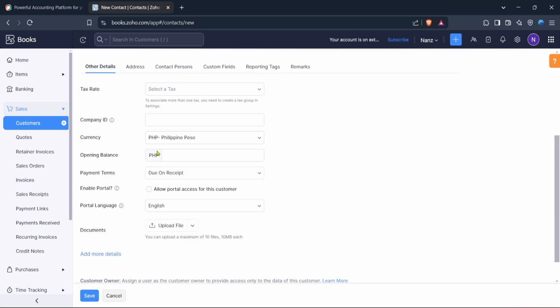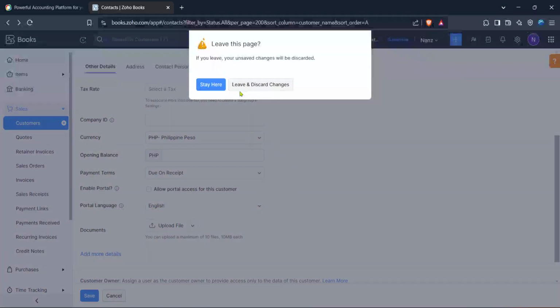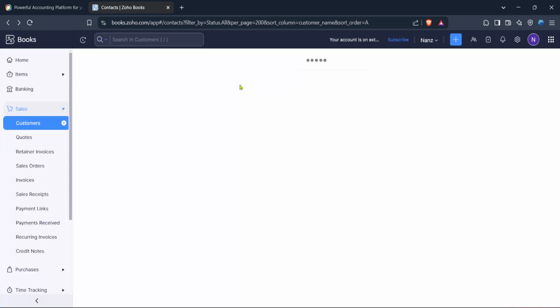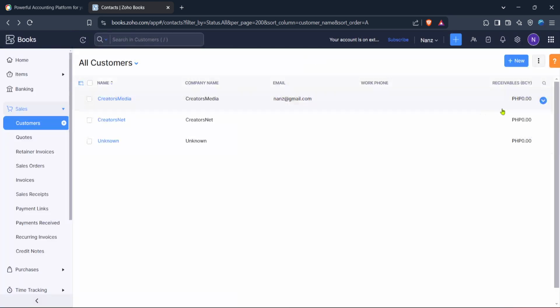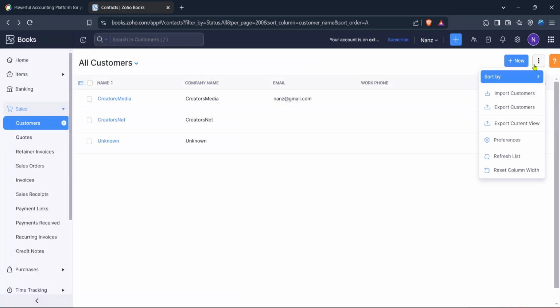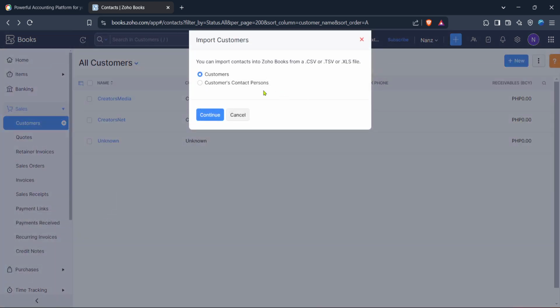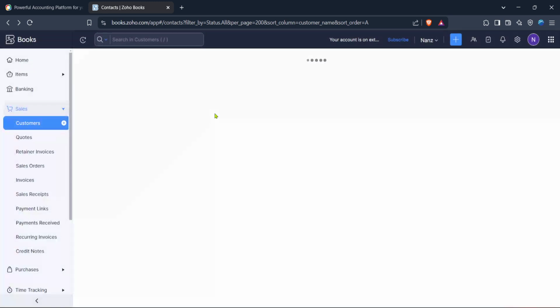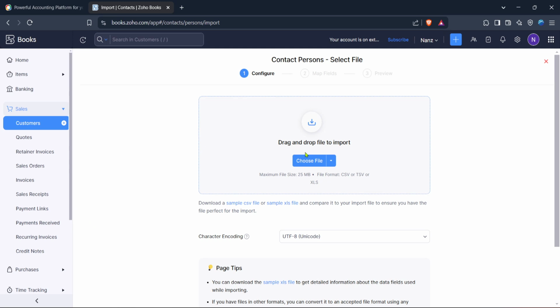In the next step, look for an icon with 3 dots. This is typically a More Options icon and is often found near the top right of your current window. Click on it and a drop-down menu will appear containing several options. One of these options will be Import Customers. Select this as it allows you to bring in existing customer data from other files, making it convenient to transfer large amounts of data without having to enter each customer's details manually.